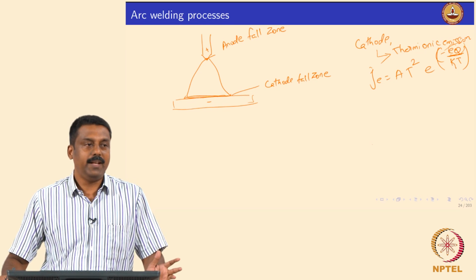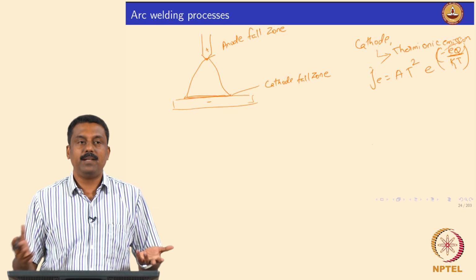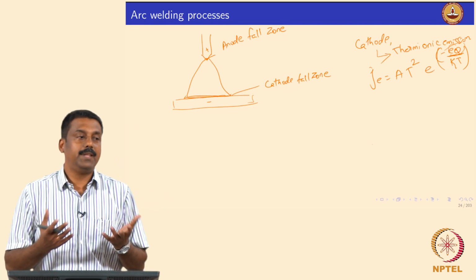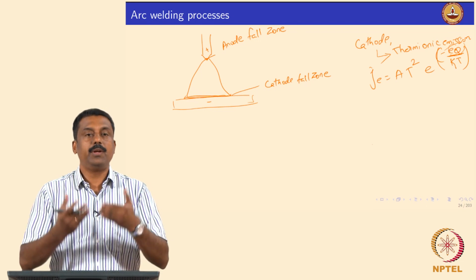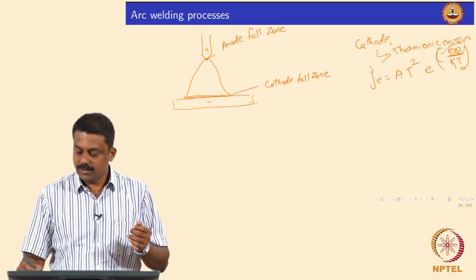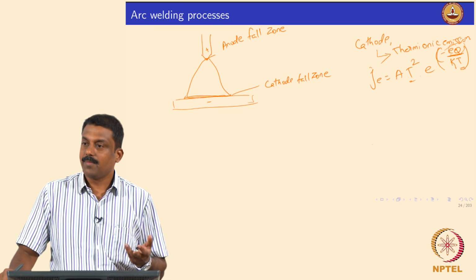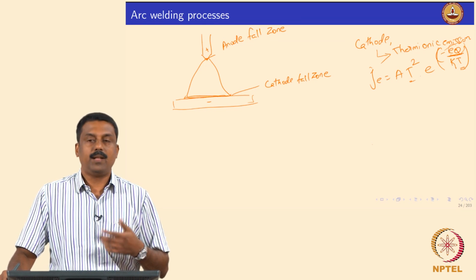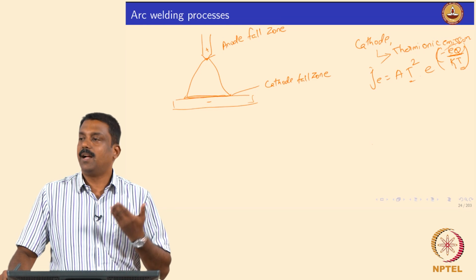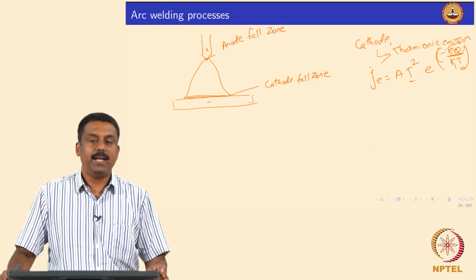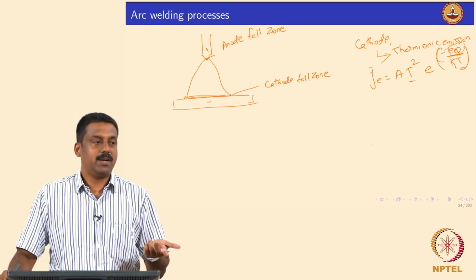Work function is a material parameter. For some materials it can be very high, for some it can be low, and we have to make a compromise between the melting point or the thermal stability of the cathode and the work function. Because to get thermionic emission of electrons you need to heat it to a high temperature, because T determines the emission. So we dope it with oxides of a high melting point material, or a material which has high thermal stability, so that we can emit electrons at a reasonably lower temperature, because oxides generally have very low work function.